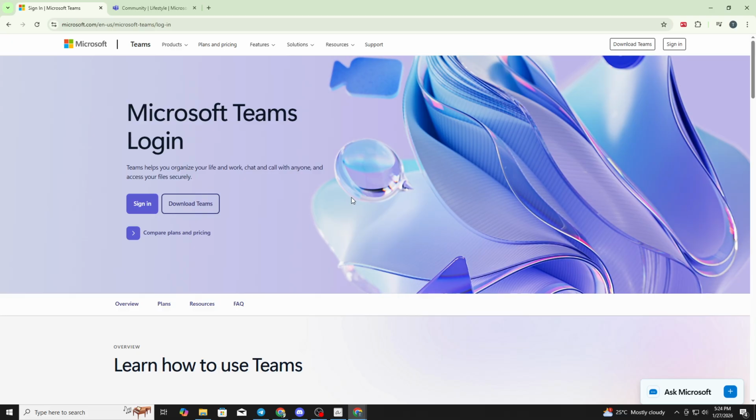what to look for. To begin, make sure Microsoft Teams is open on your Windows laptop. If it's not already running, you can launch it from the Start menu or by clicking the Teams icon on your taskbar or desktop. Once Teams is open, give it a moment to fully load so all menus and options